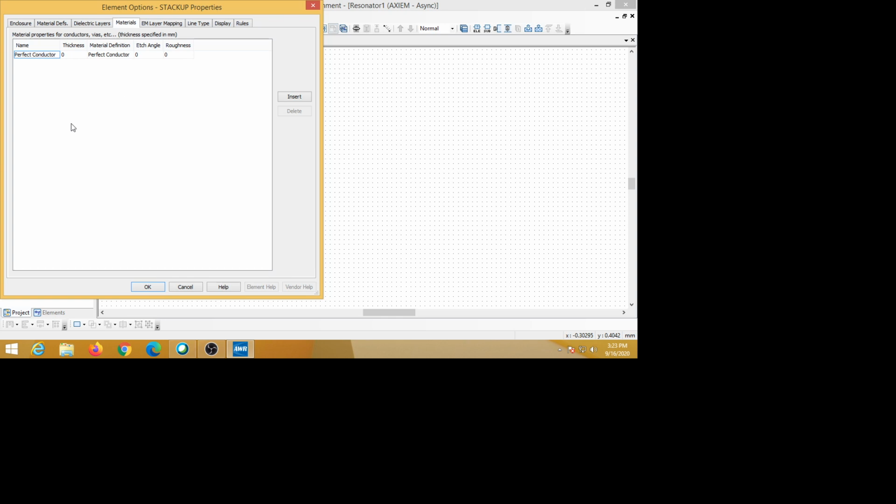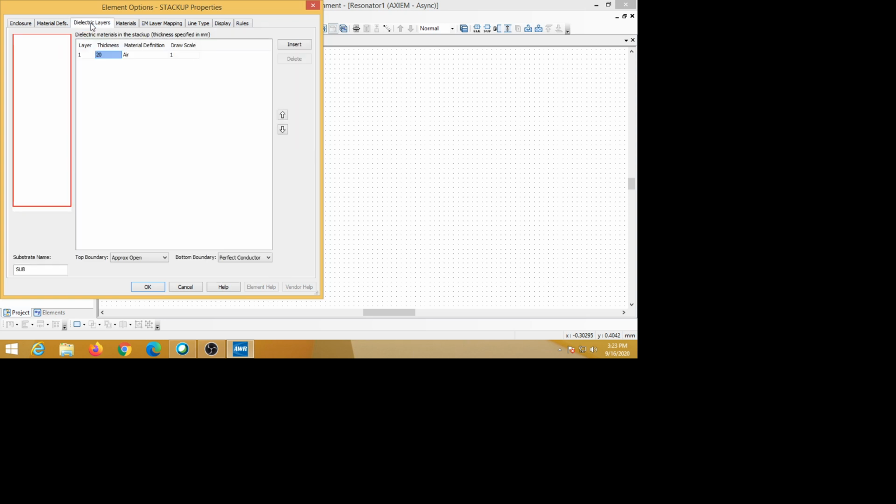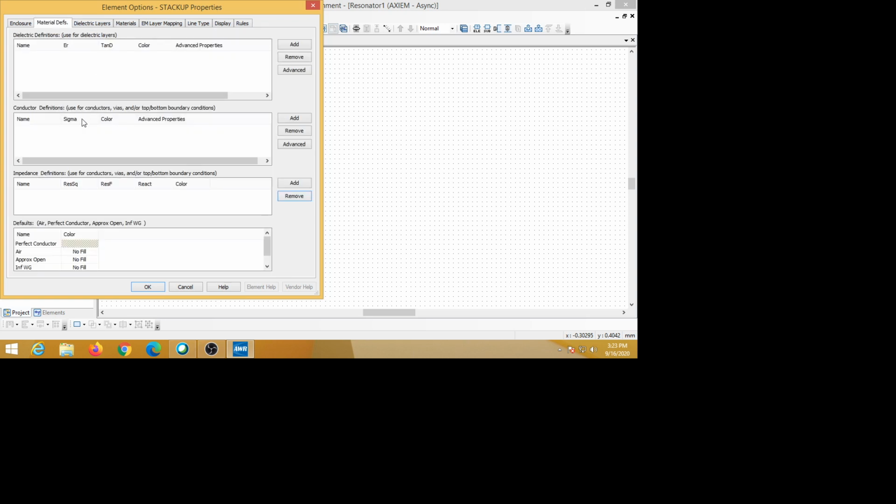We have to clear any previously defined materials that are there; you should remove all. To remove the previously available materials, you should start deleting from the materials here. First click over the material and delete whatever exists here. Similarly, go on deleting up to this material definition. So here the dielectric layer definition is not there, and no material definition is there.